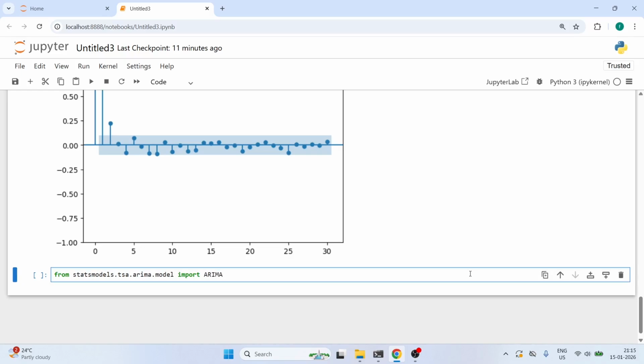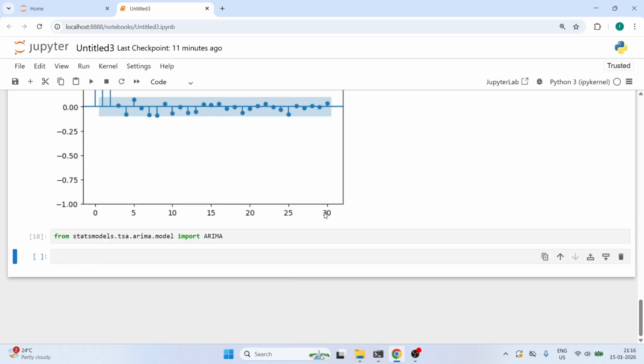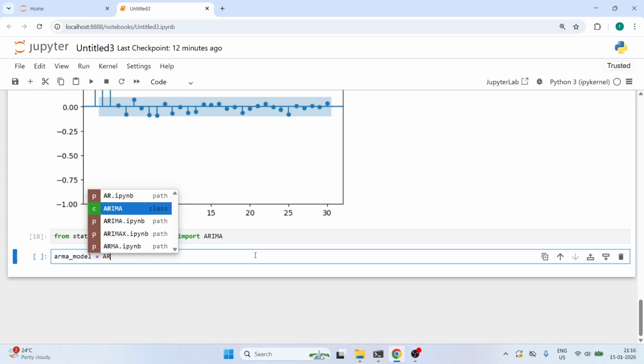So we will be importing the ARIMA model only, and now I'll make a variable ARMA_model, and then I will call this ARIMA, and inside this I will pass df of sales,